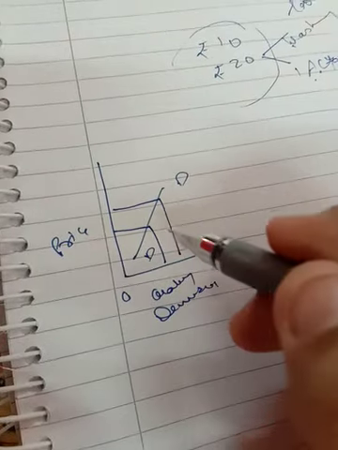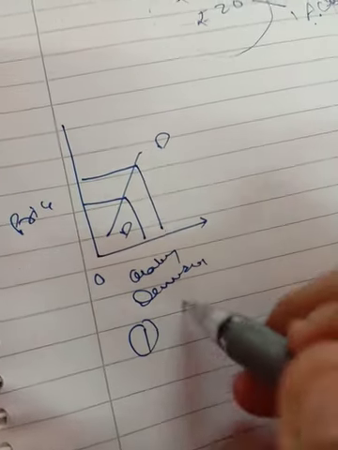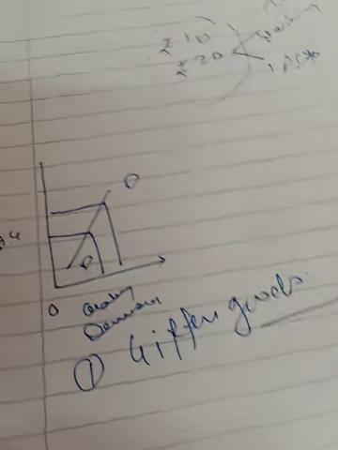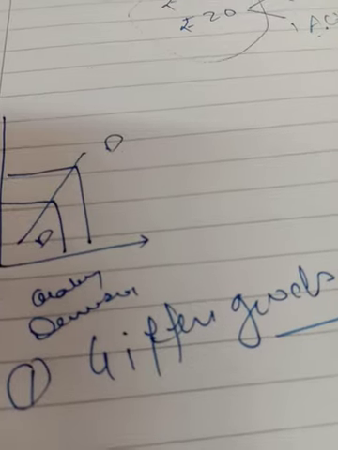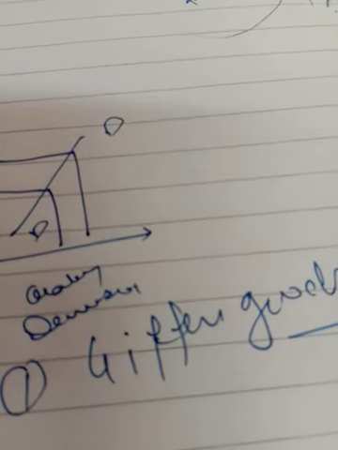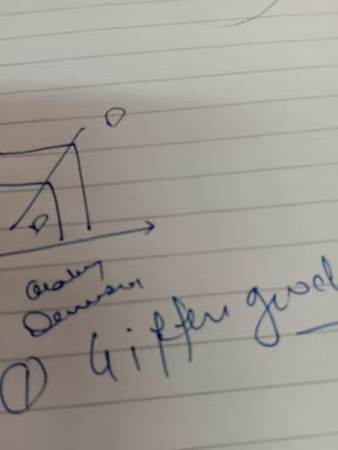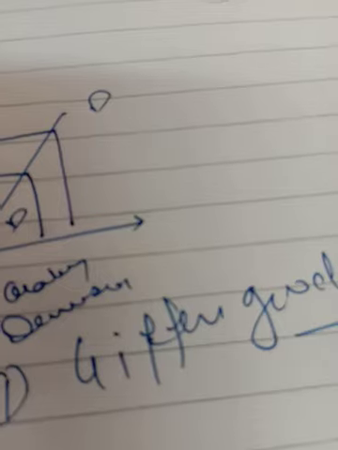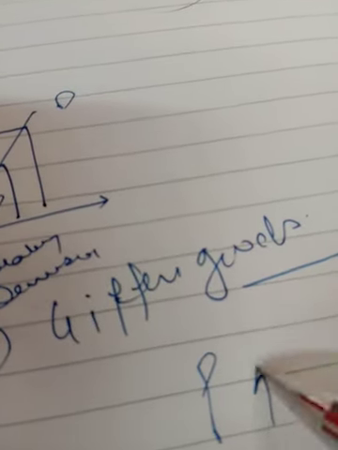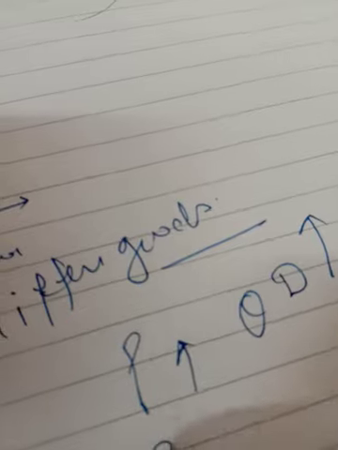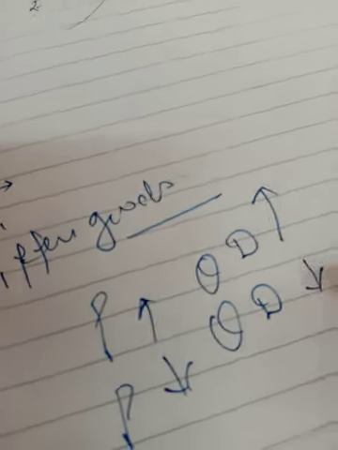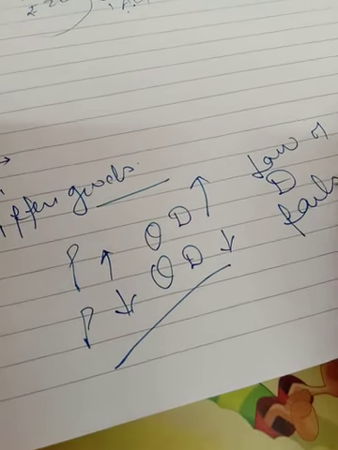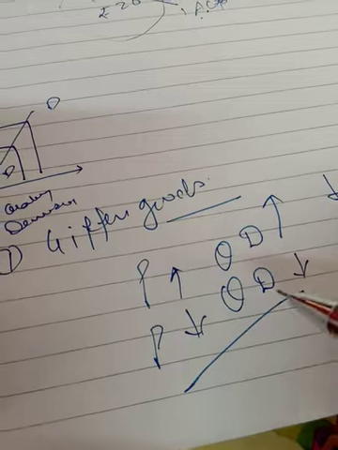So what are the cases which are the exceptions to the law of demand? First of all is Giffen goods. So what are Giffen goods? Giffen goods are basically a kind of inferior good, not represented by good quality, and here the law of demand fails. When price rises, their quantity demanded rises. When price falls, their quantity demanded falls. The law of demand fails completely. They have a positive relationship between price and quantity demanded.